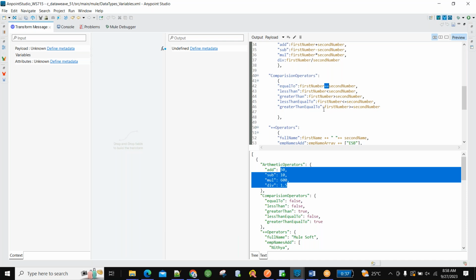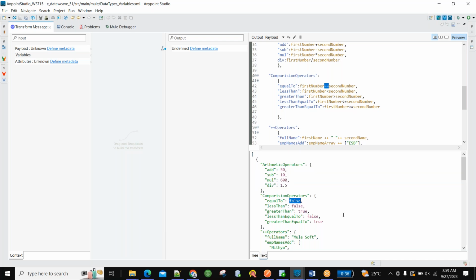This double equals always works with numbers. If two numbers are equal it returns true, otherwise it returns false.